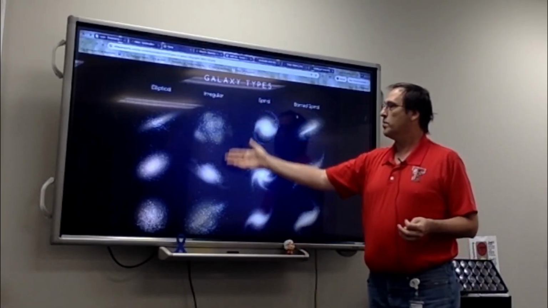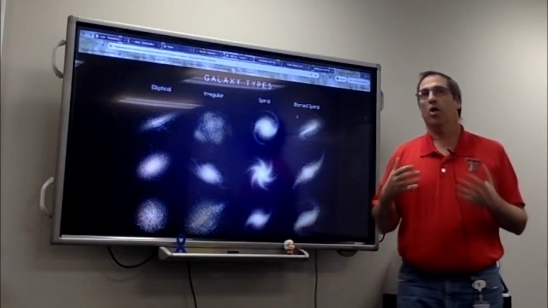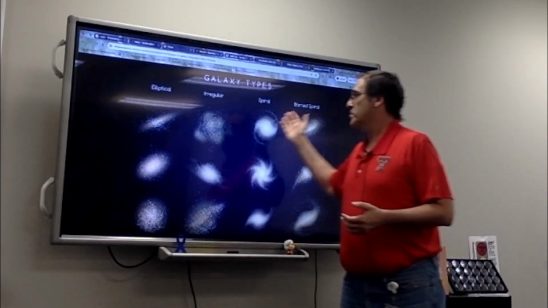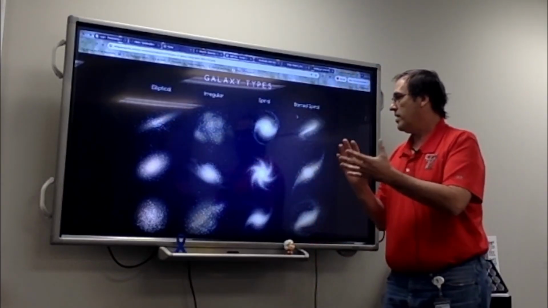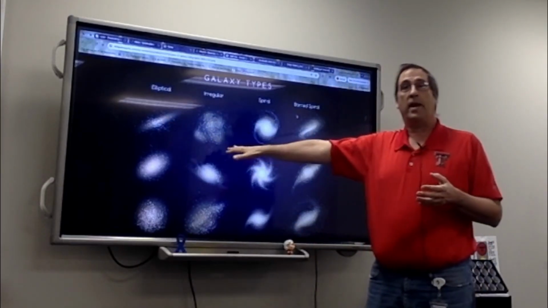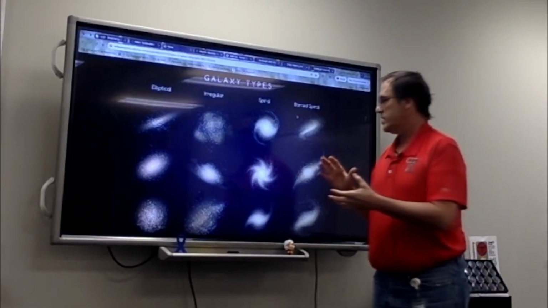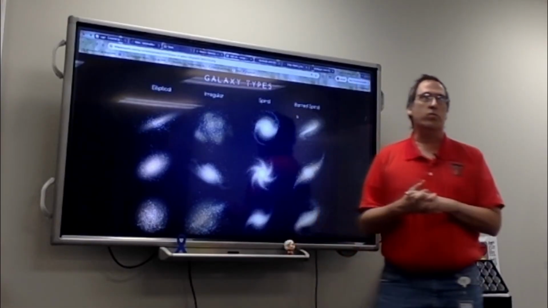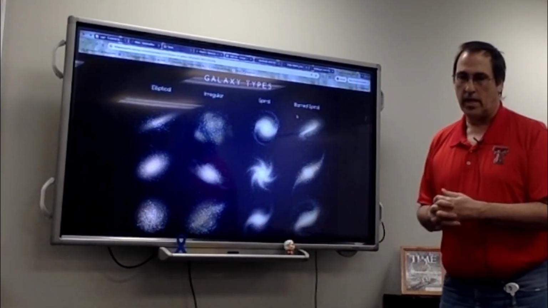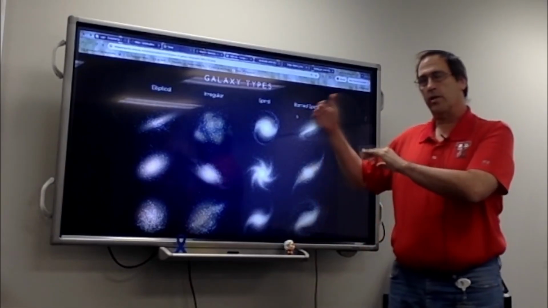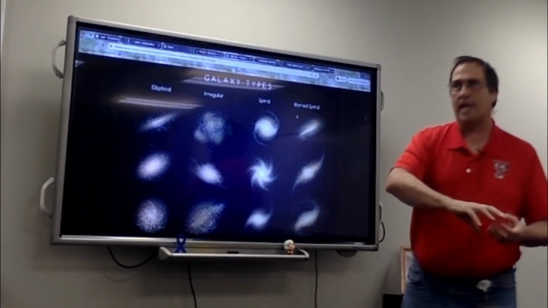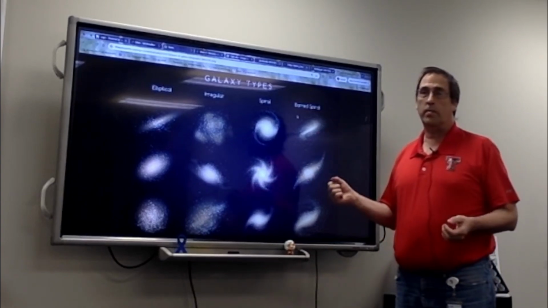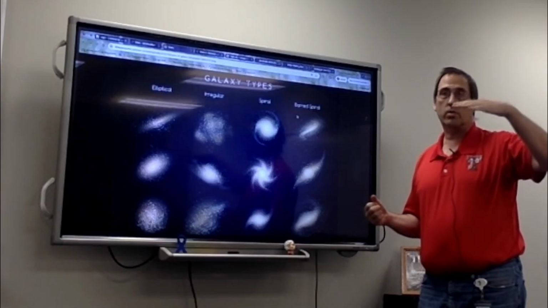And then right here, these are the irregular galaxies. Irregular galaxies are probably subject to a lot of external forces. Instead of forming some sort of structure like these other three, they're all gravitationally bound to each other, but that structure is just less structured. There's an irregular galaxy called Canis Major that is very close to the Milky Way. The Milky Way is actually ripping it apart and stealing stars and dust and other things from it because it's so close to us.